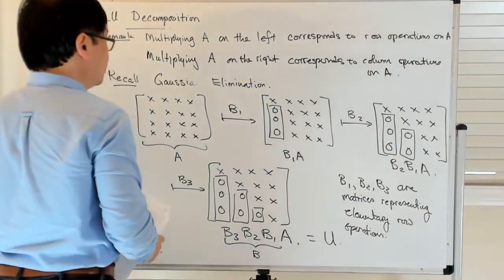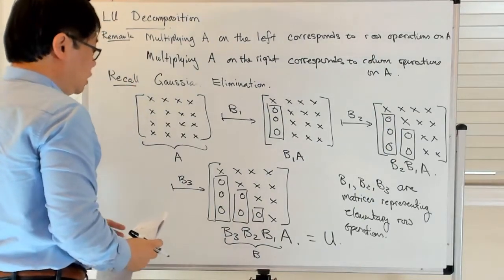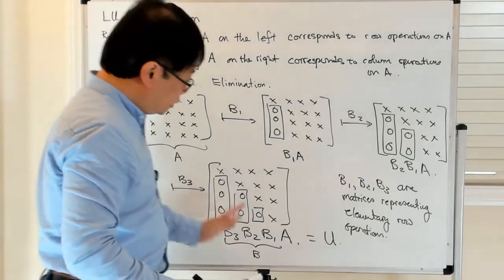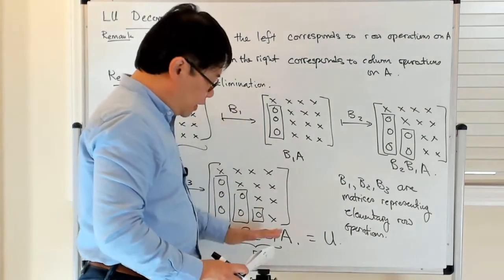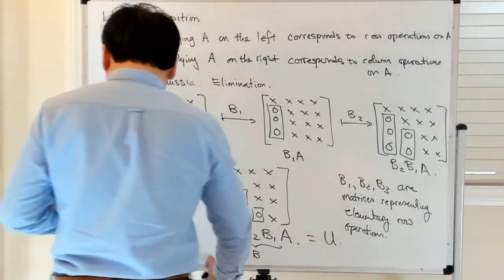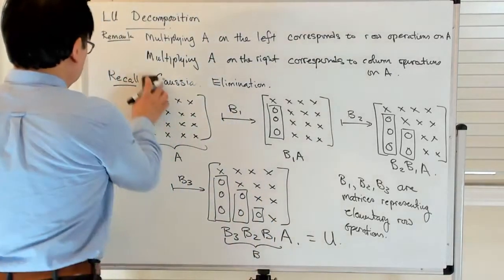So that's an important observation to make, right? Don't drive yourself crazy trying to do elementary column operations by finding a matrix which acts on the left. It's just not going to happen. Okay. All right. So